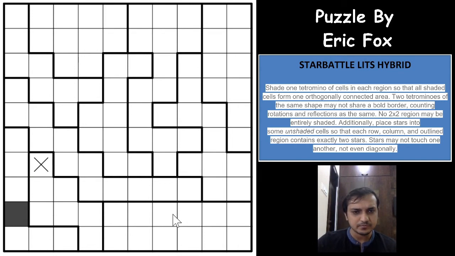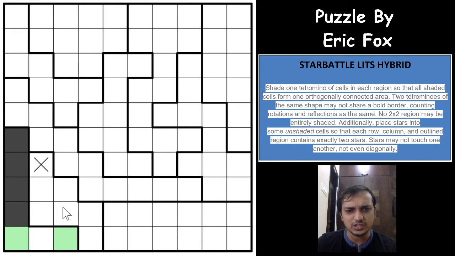Nice, easy one. Okay, and I can see something here: you cannot form a lids region starting from here, because then there will be 2 stars here, these both will be stars, and you won't have exactly 2 stars in this region now, right? So all of these won't be a star now. These 4 cells won't be a star, and you need to place 2 stars in these 2 cells, which is not possible. Stars cannot touch each other even at the corners, right? So this cannot be a lids one.